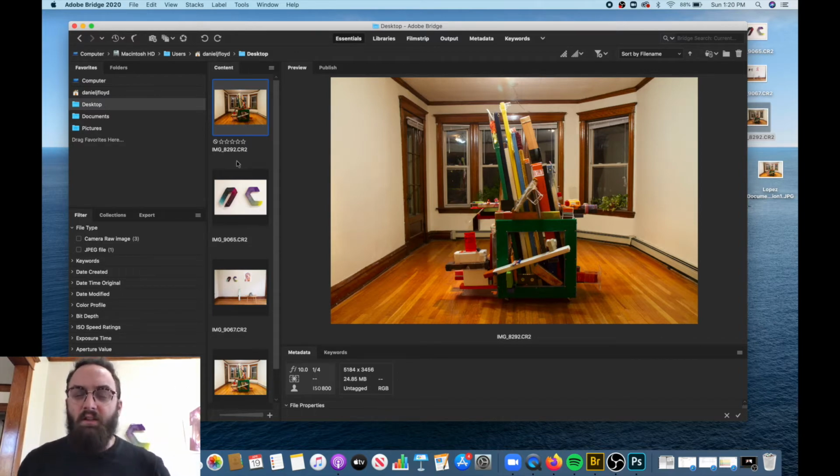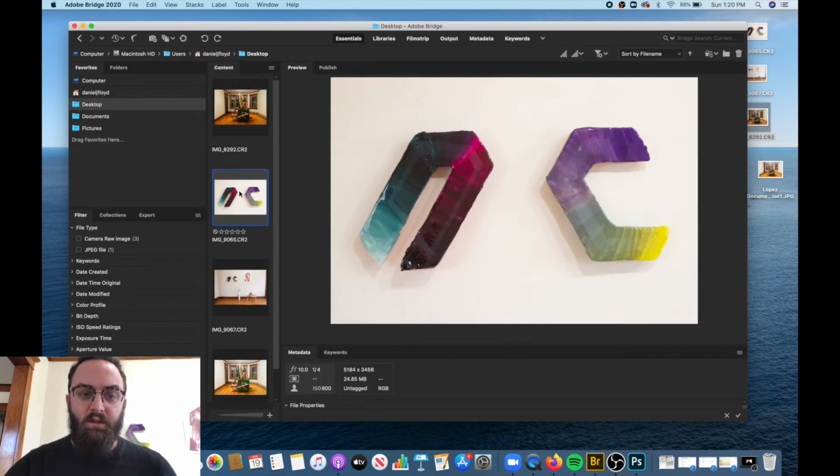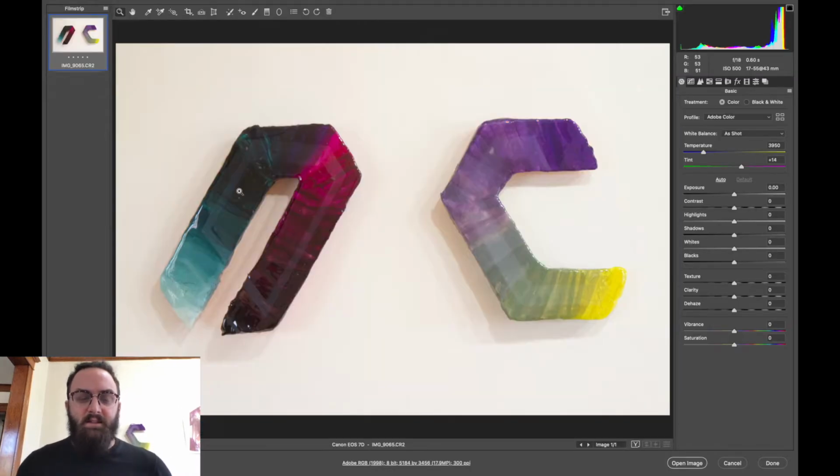I'm going to show a few other functions in Photoshop that I think are particularly useful specifically for documentation. So I did a detail shot of the Dan Merva sculptures on the wall, and this is also a raw file, so it automatically opens in Camera Raw. I'm just going to do a few quick edits. I think it's a little overexposed. I'm going to bring it down,